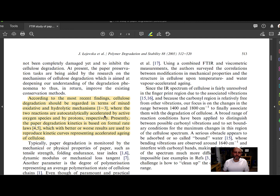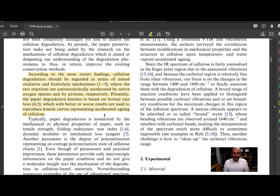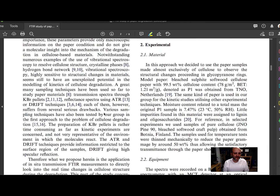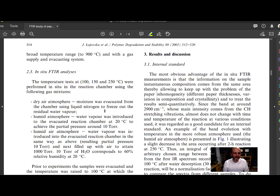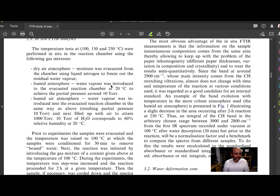So what do they do in this case? They take some paper and put it in the oven in a vacuum and dry it out. I'll show you a graph. They measure and try to see when the paper is gone. They measure at 100, 150 and 250 degrees Celsius. And they do it in dry air, humid air,